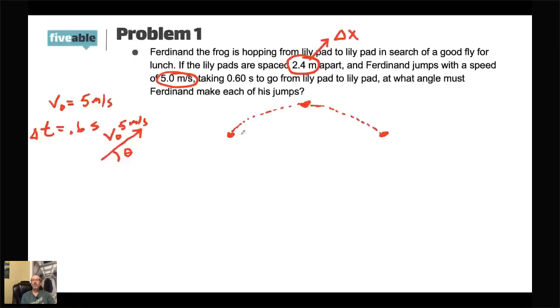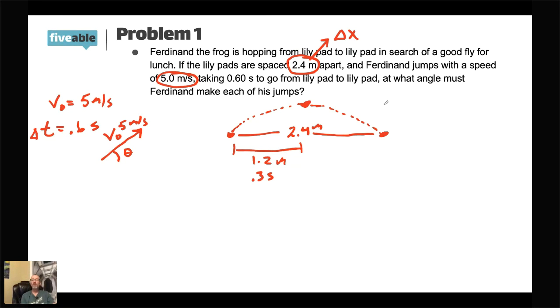So the total distance between the two is 2.4 meters, from one side to the other. But let's break this down. We're going to look at this side, and this is 1.2 meters. We know that it takes a total of 0.6 seconds for the frog to go all the way across. So to go just this distance, it's going to take 0.3 seconds. And from the 2.4 meters and the 0.6 seconds, or from the 1.2 meters and the 0.3 seconds, we can